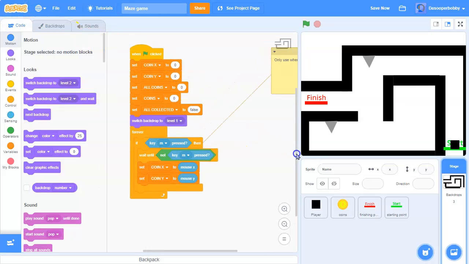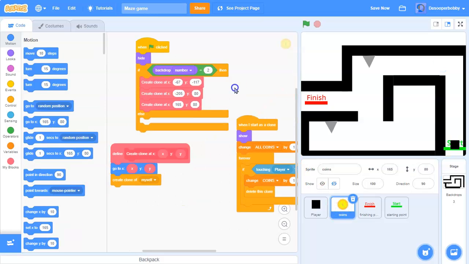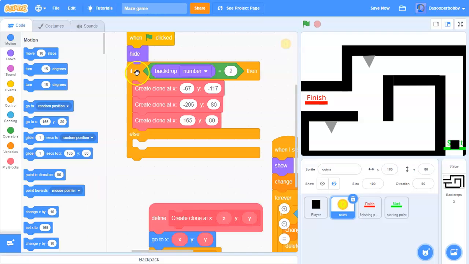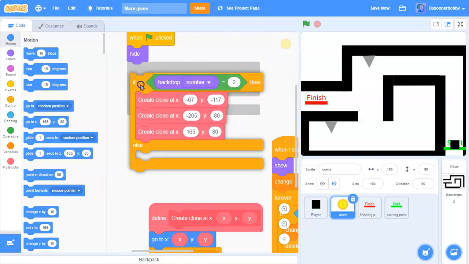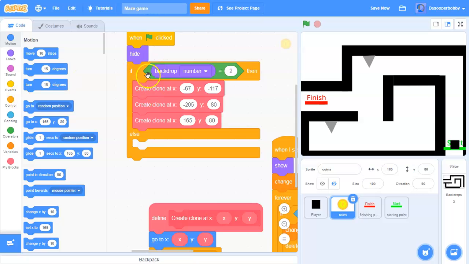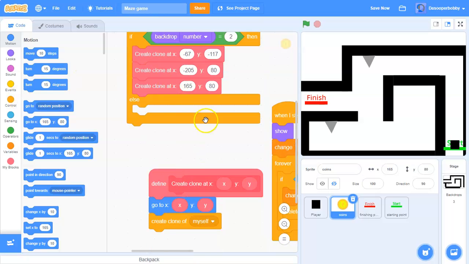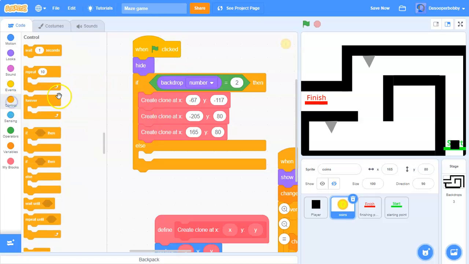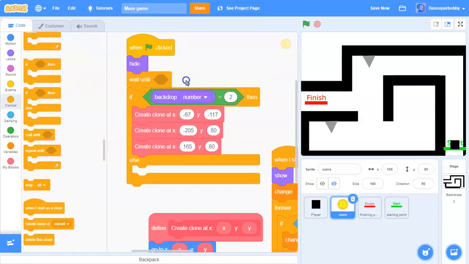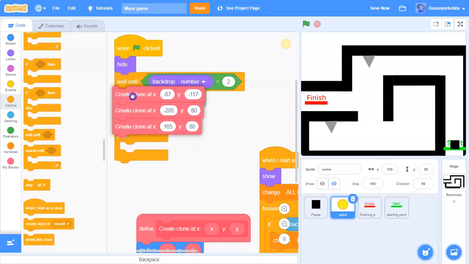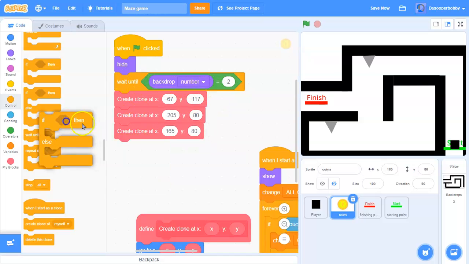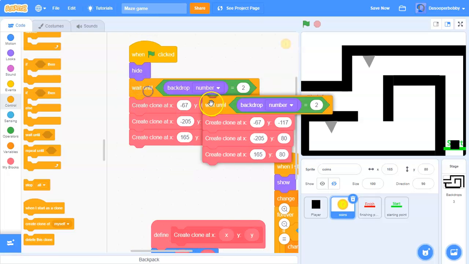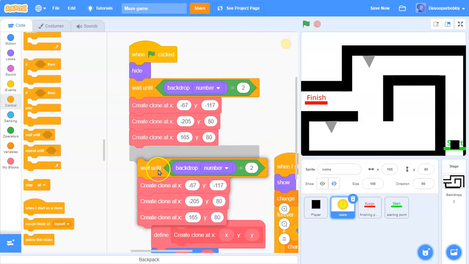But anyways, I'm going to fix some bug that I noticed. So this if else statement does not run all the time, so I can't put a forever loop around this, or else it will create the clones forever, and that will make the game laggy. So I'm going to go to control and drag a wait until block, and I'm going to drag this in here and drag that after the wait until. So that will solve the problem,